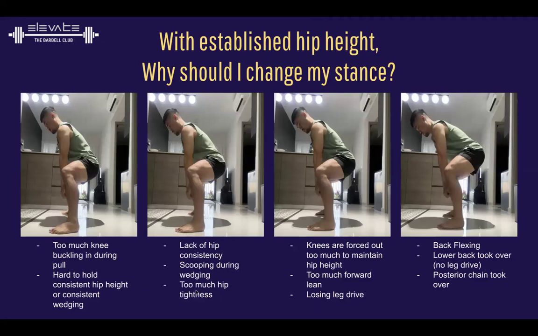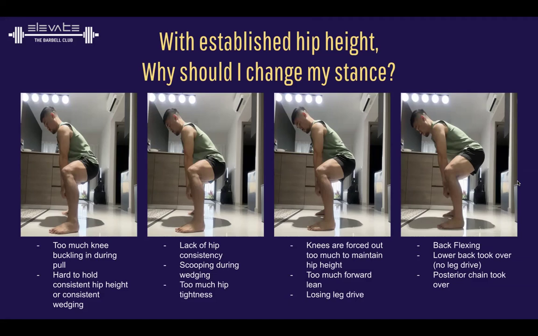So here is a little bit more of a breakdown of what could have happened. And when that happened, you should widen or closen up the stance a little bit, okay? So imagine the center is a spectrum. We talk about the ones on the right side first. If I'm in the narrower stance, my back starts to flex, my lower back took over, I can't really feel the leg drive, and I feel that my whole posterior chain, which is the hamstring, the glutes, are squeezing so hard to finish the movement, then you know that this stance is definitely too narrow for me because